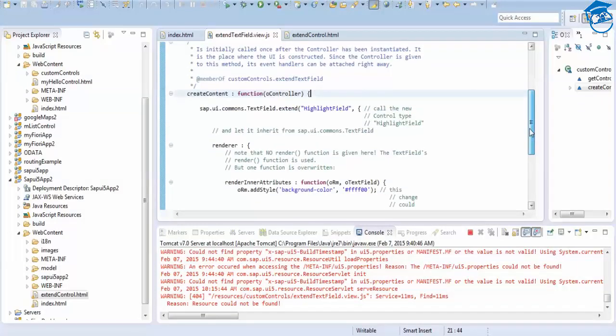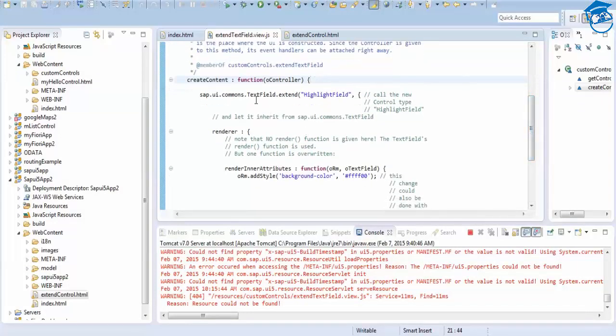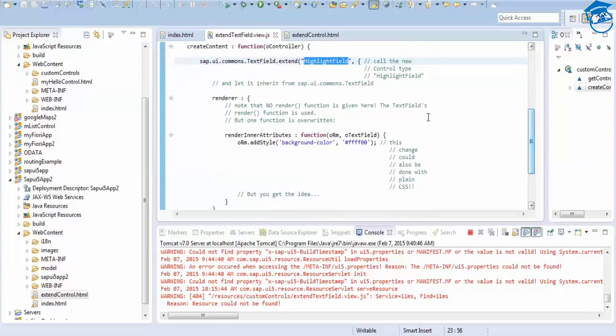What we have taken is, first, SAP UI.commons.TextField, that is already an existing control. Inside this existing control, we have used an extend keyword and we have given a name to this extended control, and to this extended control we have placed no meta information.